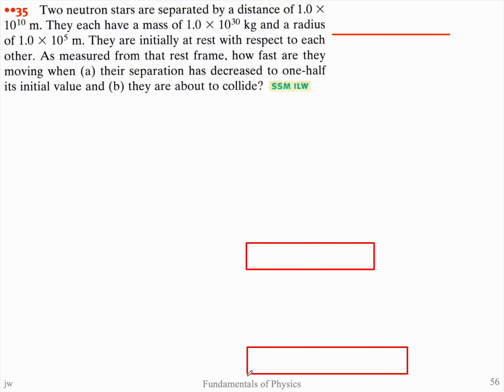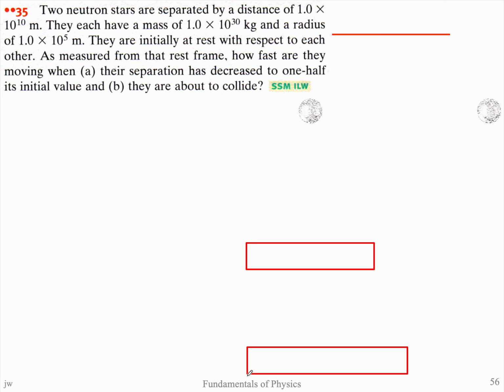So number 35, we have two neutron stars that are separated by a distance of 1 times 10 to the 10th meters. They each have a mass of 1 times 10 to the 30th kilograms and a radius of that. They're initially at rest with respect to each other, as measured from that rest frame. How fast are they moving when their separation has decreased to 1/2 of its initial value, and B, when they're